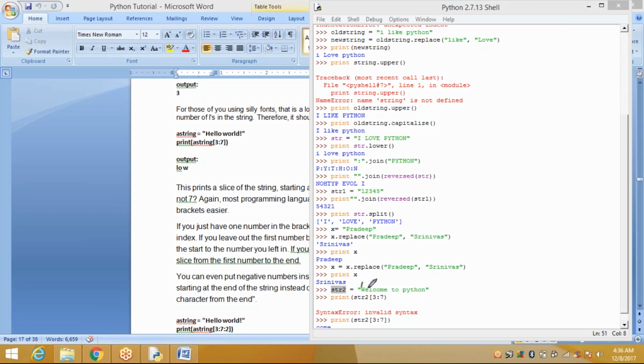It is index 0, 1, 2, 3, 4, 5, 6, 7, 8, 9, 10, 11, 12, 13, 14, 15 and 16. I am giving the range 3 to 7, and it displays come. Right? This is our output.